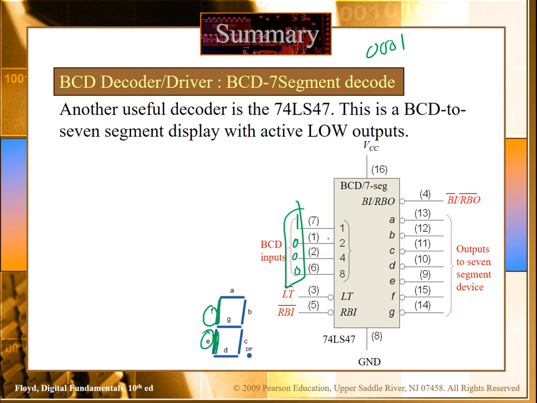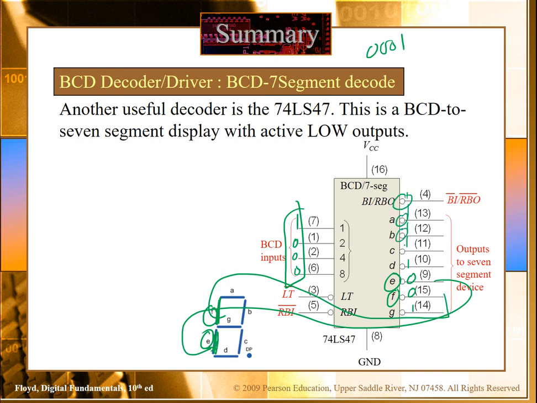So if you have this input, your F and E, again this is active low, will become 0 0 and all others will become high. These F and E are connected to here, so the 1 will start displaying on the LEDs. Again, this is active low. As I explained in the last lecture, most decoders give active low outputs. So this is one of the very popular BCD to 7 segment decoders.